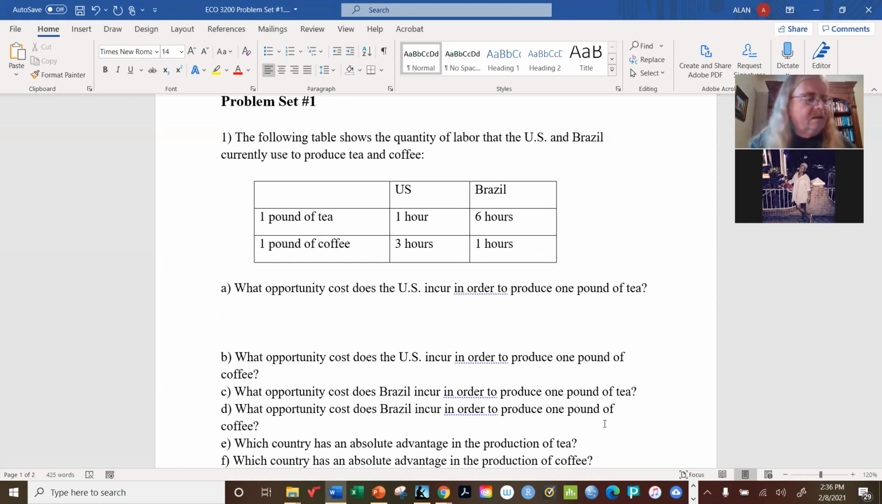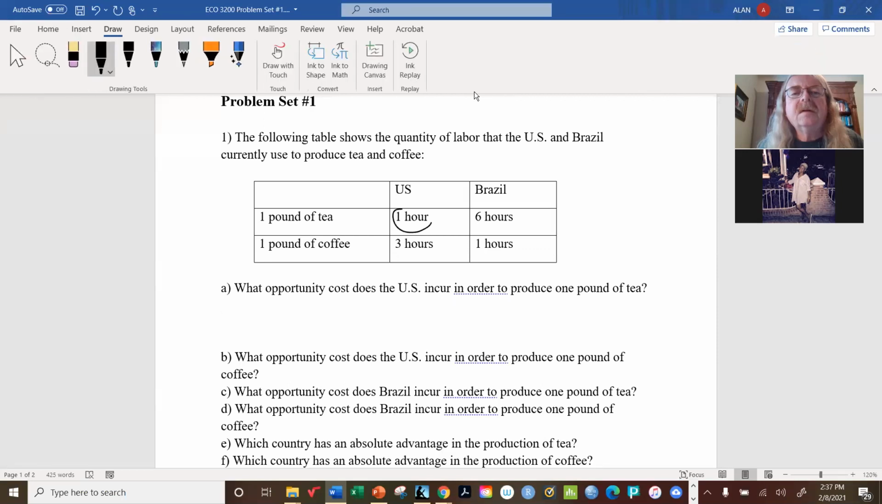requires, let's see, hold on a second. If I make a pound of tea, I'm using up an hour of labor. So in the denominator of this ratio I'm about to create, I've gained 1 pound of tea, but how much coffee did I give up? All right, let me type this in here. So the opportunity cost,